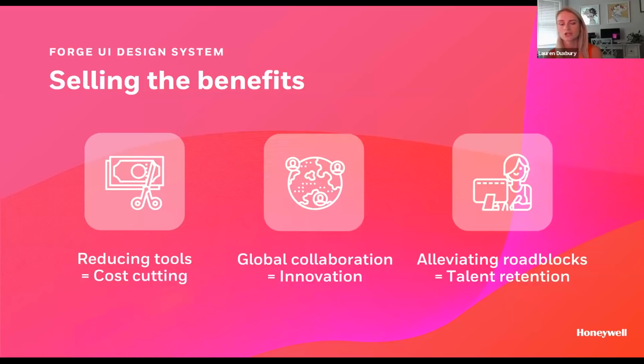The other way you're saving on cost is because you're reducing time spent, because you're not using multiple tools and having to replicate work across them. And the other way you're saving is because the cost of labor is really expensive. When you have 4 different design tools, that's a lot of training on all these different tools. And for us, we made the argument that we could stay in one tool for all